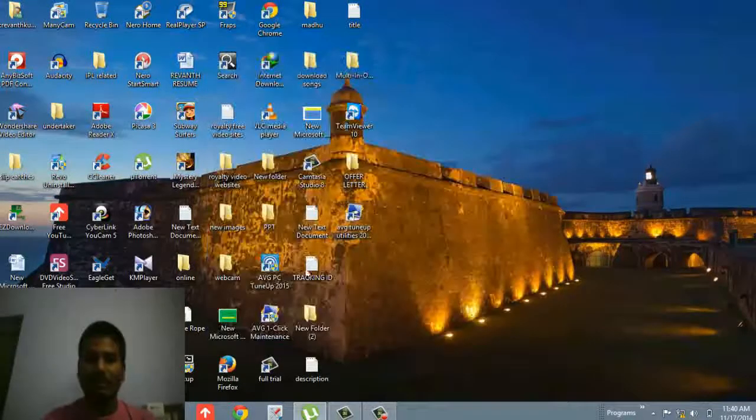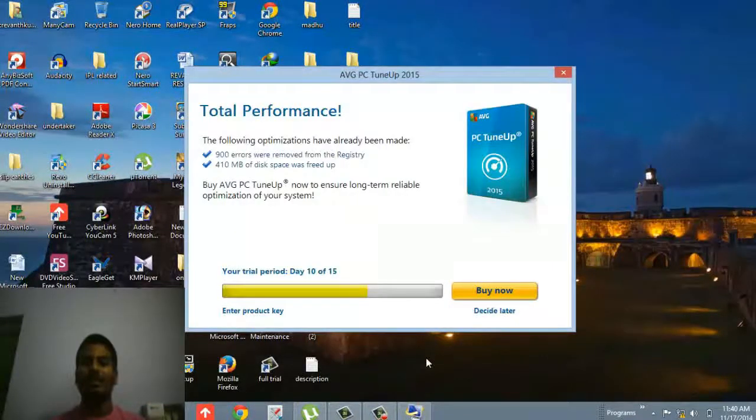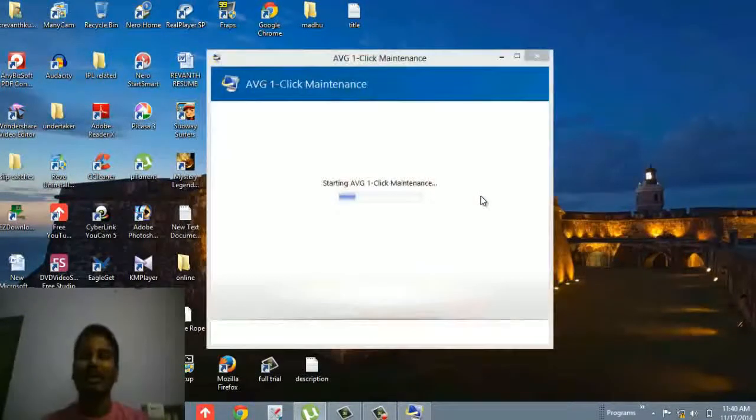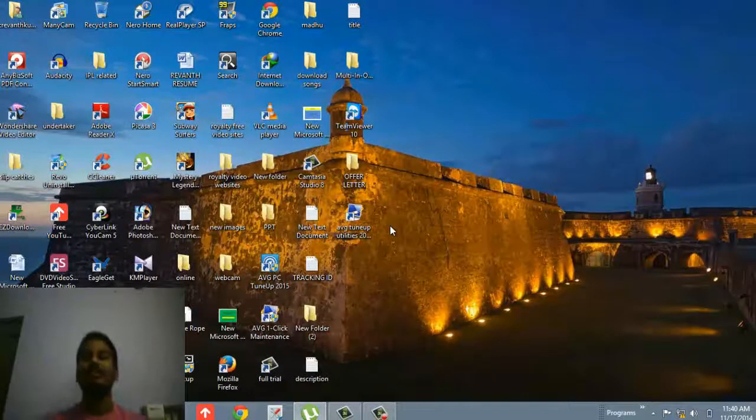And this is my old shortcut. See, it is showing my trial period has completed 10 days. The advantage is that whenever you create a new shortcut, you can use it forever.